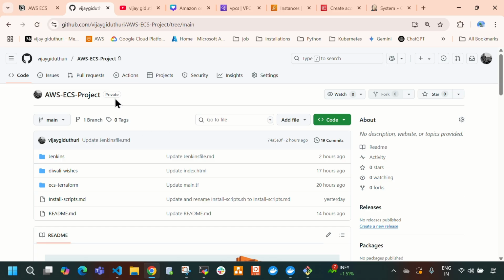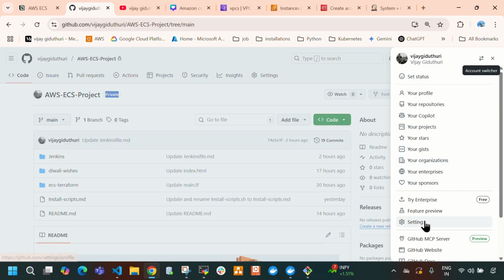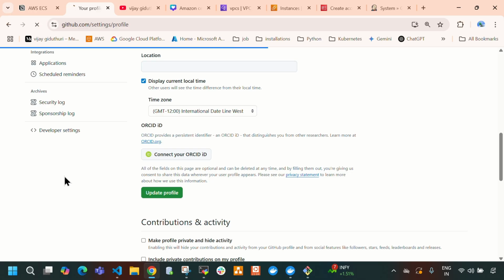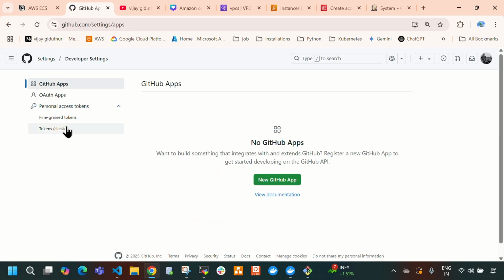So basically it's a private repository, right? Previously, as I said. So in order to clone this repository, we need to create a GitHub personal access token and provide that token in Jenkins credentials. So directly select here profile, then settings, then developer settings and personal access tokens, and